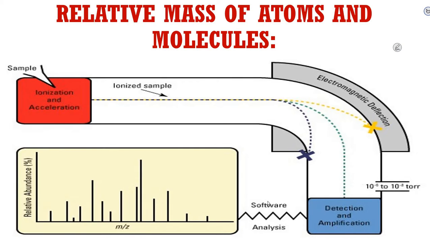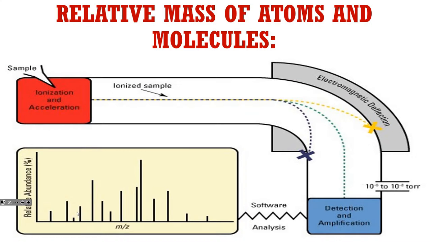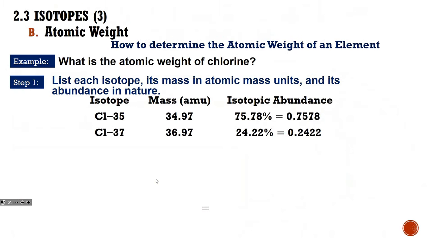and we can get relative abundance from them. So, on the isotopes, how do we determine the atomic weight of an isotope? Well, we get that chart and then we see how high each is compared to the others, and we find out what the mass was and how many times it hit there. So we change that percent into a fraction, and I like to do it at the end. You can do it whenever you want to, but I just leave it as percent because that's what they usually give you. And you take 34 times